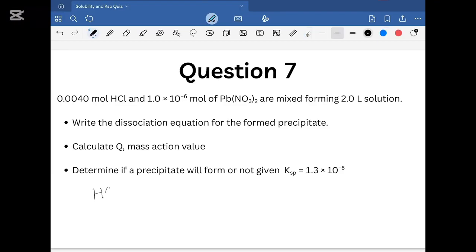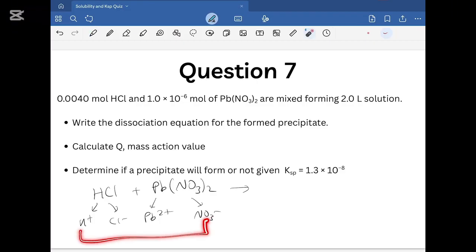So I have HCl plus Pb(NO3)2, and the ions are H plus, Cl minus, Pb2 plus, and NO3 minus. Now, if I mix H plus and NO3 minus, no precipitate will form because everything is soluble with NO3 minus. So HNO3 is soluble. However, Cl minus, so let's first write the product. So I will have HNO3 plus